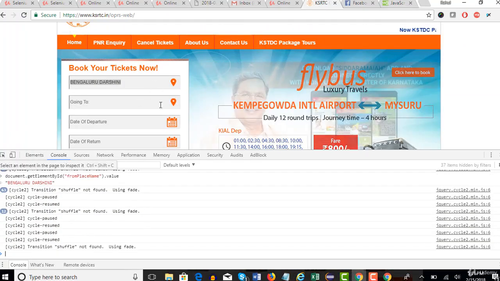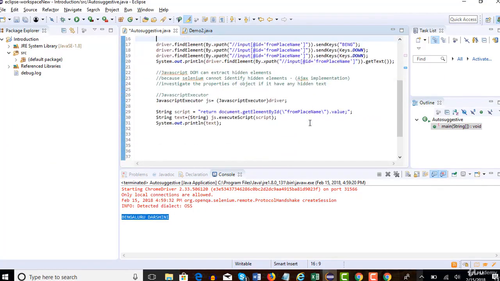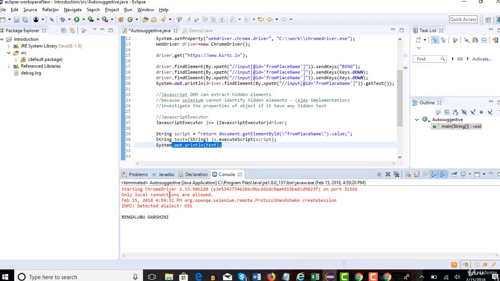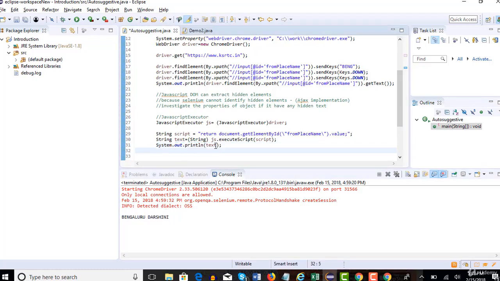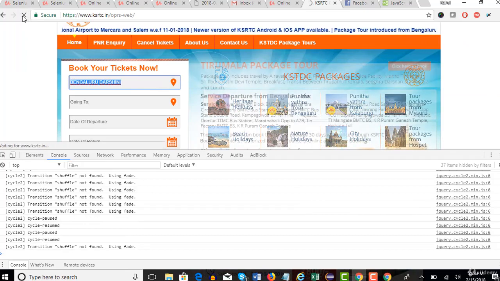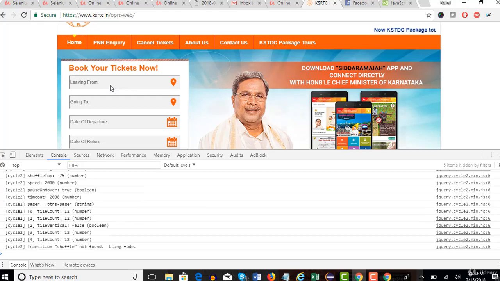All right, so try this out. One simple while loop will help you achieve this. You need to put a while loop, and whenever you get the text, if it does not contain the airport text, run the while loop again and do one more key down, and then again verify if the airport option is present. For example, I can show it here. I'll give you one idea. Try it out in this lecture. After this lecture, if you could not do it, I'll help you out in my next lecture.